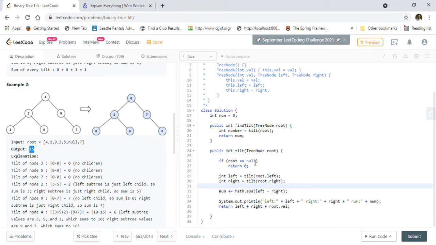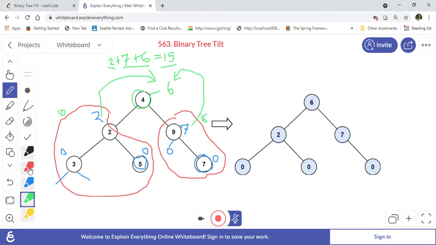So we are going to use a variable called num. This 2 is added into num, right? Let me just write it down. In the beginning num is 0. So once we get this 2 here, we add it to this 0, so it becomes 2.